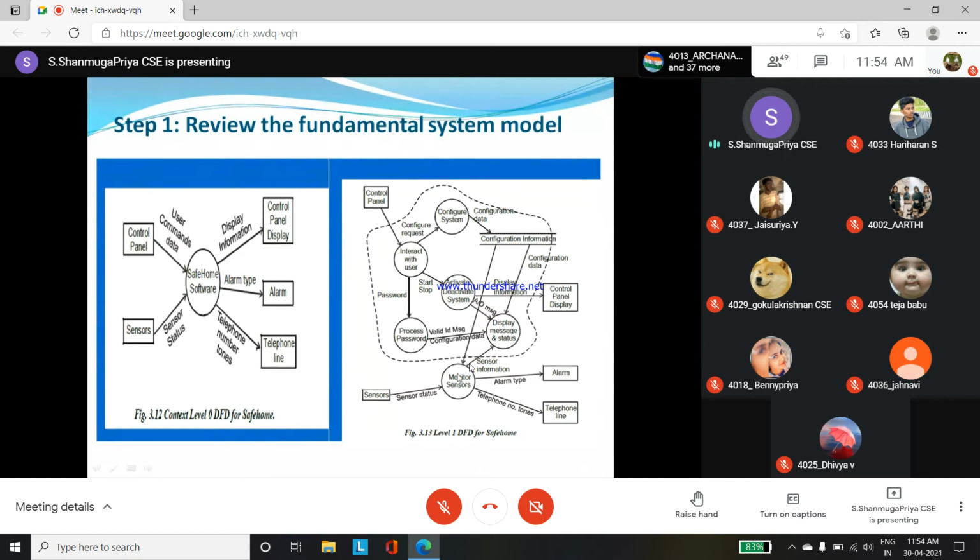If the user is giving commands, what they have to do is check whether we are interacting with the proper user, that is, we check with the password whether they are a properly authorized user or not. We are verifying with the help of the password. So it is validated with the help of configuration data. Okay, and whatever information they give will be displayed in the display message and status. So from that we can identify this. So we are identifying the password. Why do we identify the password? To know whether they are an authorized person or not.